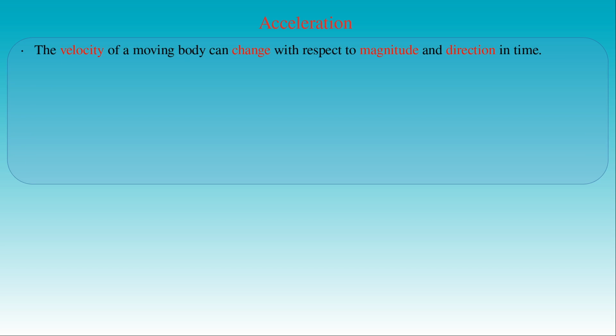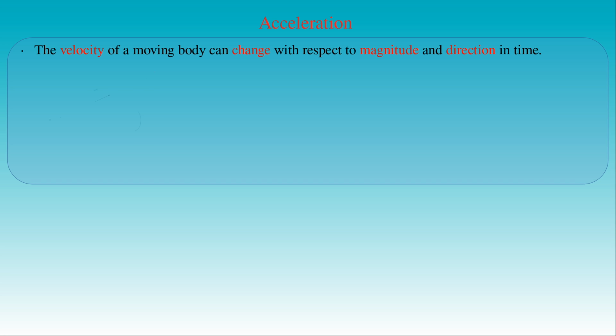The next kinematic quantity which we introduce here is the acceleration of a moving body. If we consider a general case of motion, the velocity of a moving body can change with respect to both its magnitude and its direction in time. Then we can follow the same procedure which we used to define velocity. The only difference is that we are approximating the change of the vector representing the velocity instead of the position vector along the path covered by the moving body.